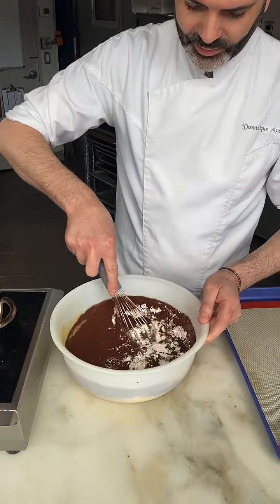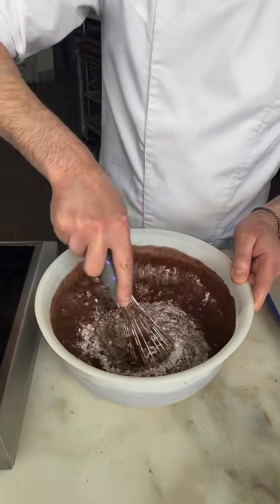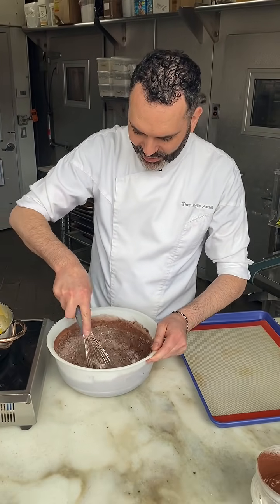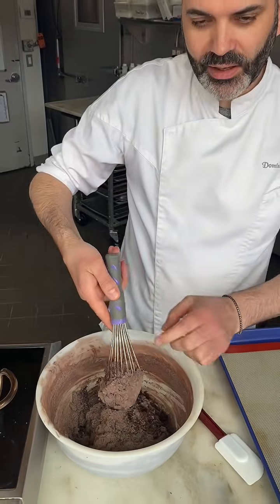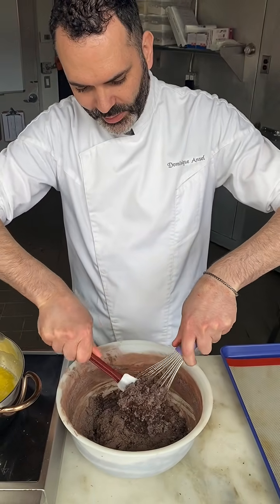mix gently. I'm gonna start with a whisk. You don't want the flour and cocoa powder to go everywhere on the table, so you're gonna mix from the center very gently until everything is incorporated together. So now this is getting thicker. I'm gonna switch with the spatula. It's gonna be a little bit easier to mix